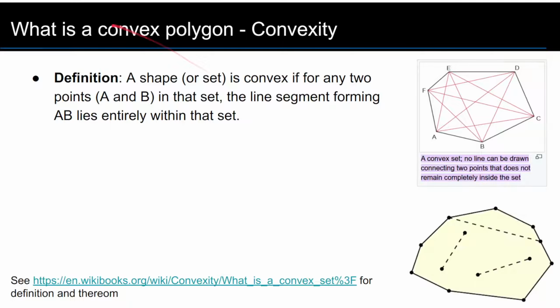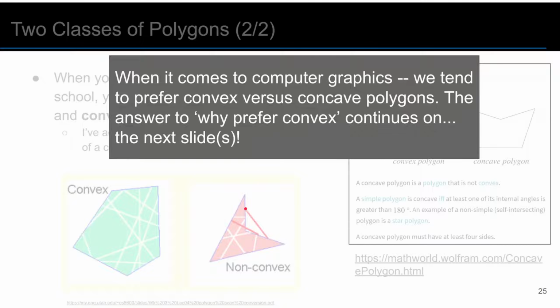So again, to give another definition of convex polygon to make it concrete, this idea of convexity: we say a shape or a set is convex if for any two points A and B in that set, the line segment forming AB lies entirely within this set. Essentially that's saying, if I can draw, for any two points, maybe they land on a vertex here, everything in that line segment actually lands in this shape. If I go back a slide here, you can see where if I pick this point here and then another point down here in my non-convex shape, and I connect that line segment,